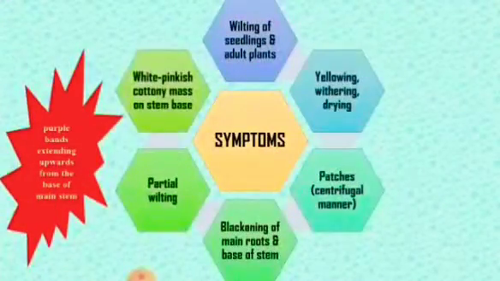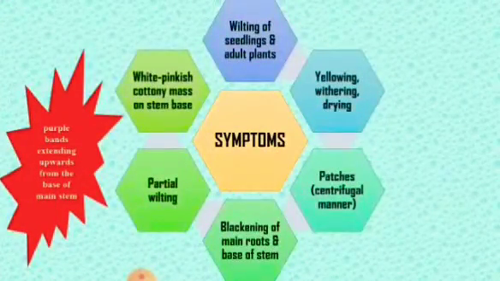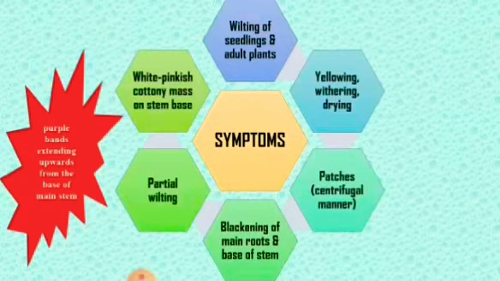Many of us face difficulty in differentiating the symptoms caused by deficiency and those caused by the pathogen. So let me tell you, there are two things. Some symptoms are common, while some are specific to the pathogen. Common symptoms will not help you in fetching the marks, but the specific symptoms will. The common symptoms are yellowing of the leaves, drying of the plant or withering of the leaves. While the specific symptoms are like patches.